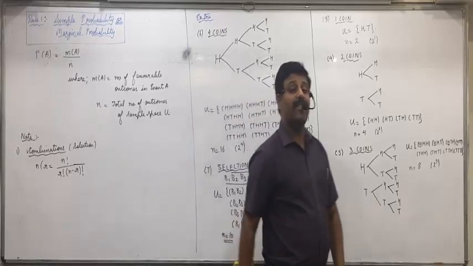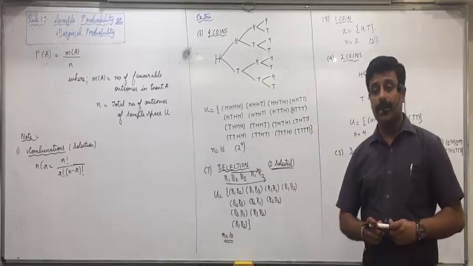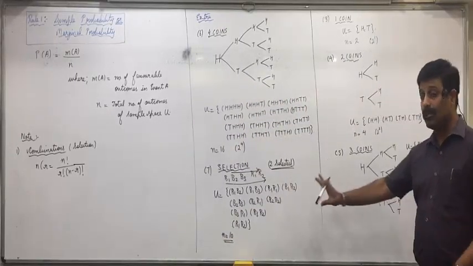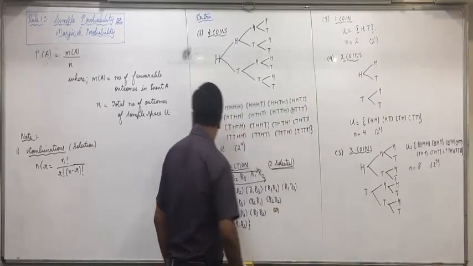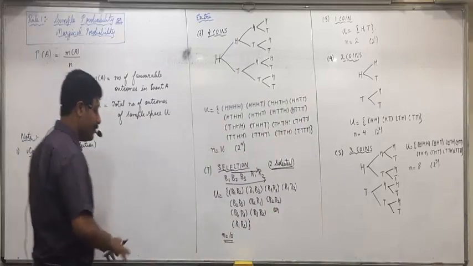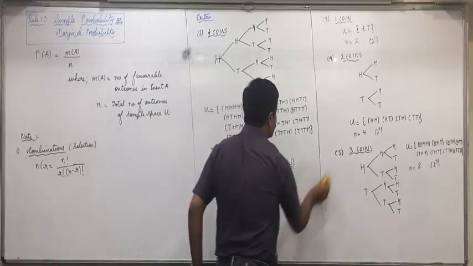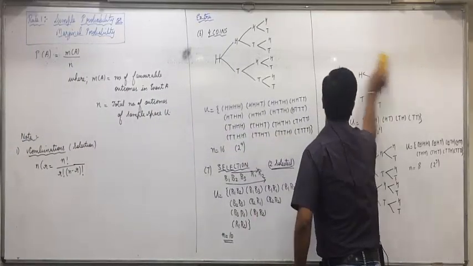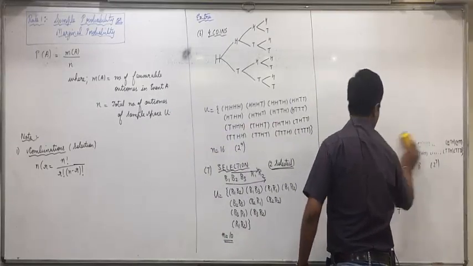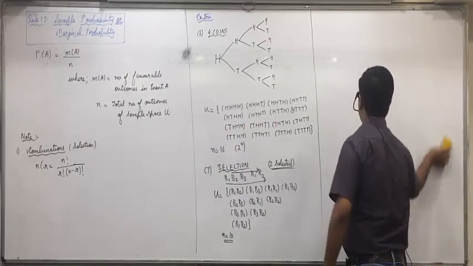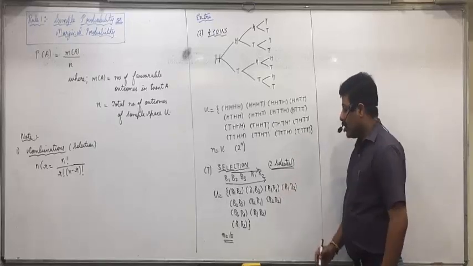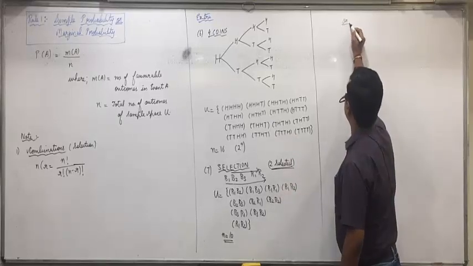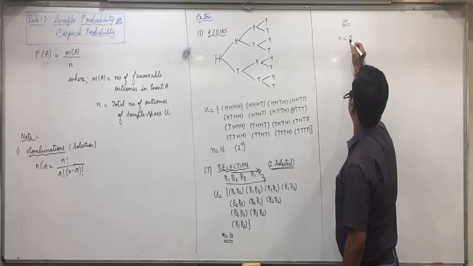Now this is what we will not be doing throughout the chapter. Not wasting time on this. What we shall be doing is, now nCr means how many balls are there? 5, 3 black and 2 red, 5 are there. How many are selected? 2. So nCr means, can I say 5C2?